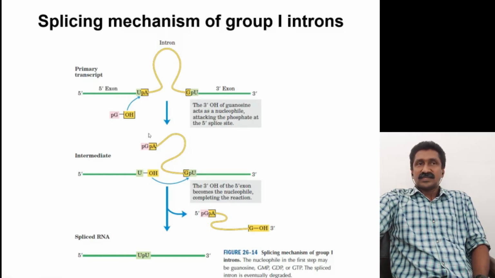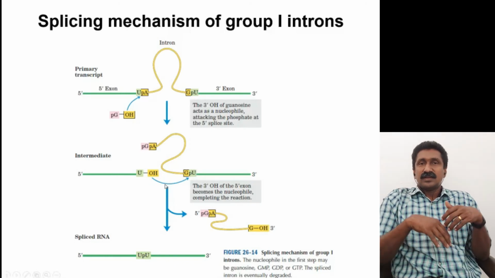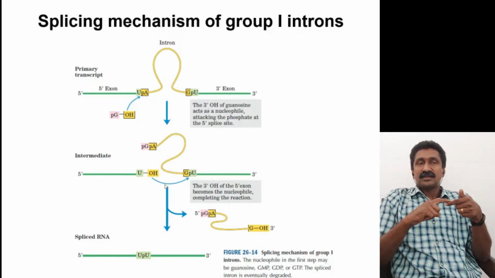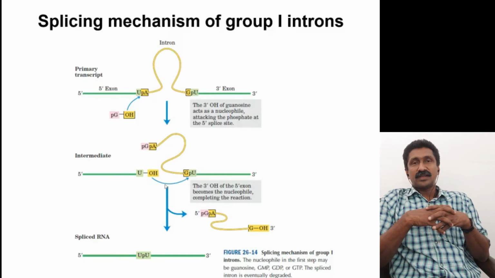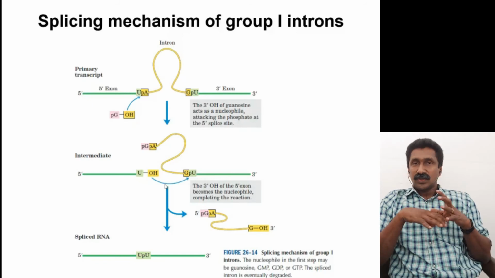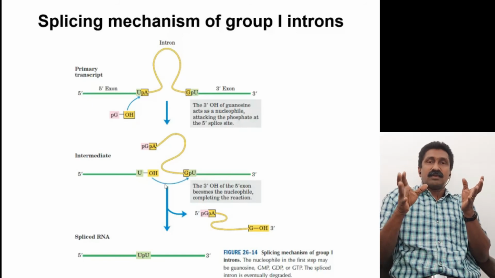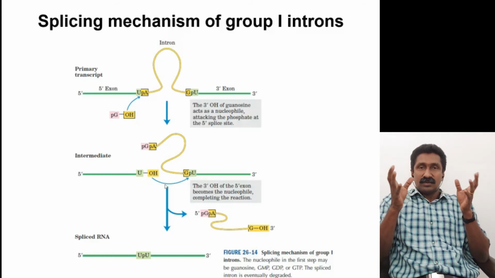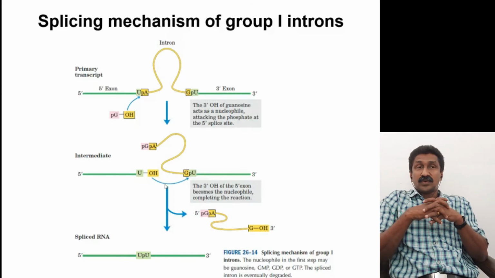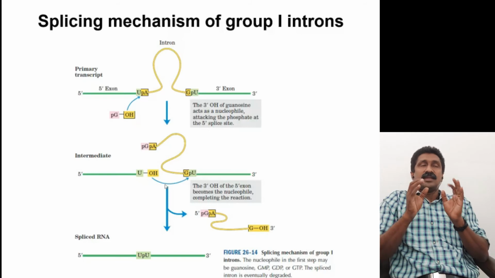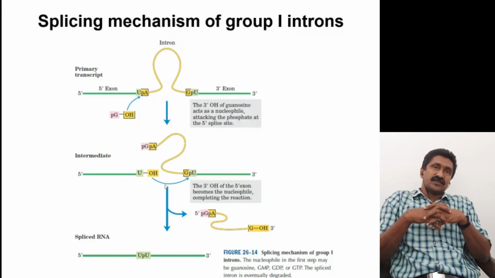So the net result is that the intron sequences were spliced out and the exons were joined together by self-splicing, because all that is required is a guanosine residue, with no other enzymes, RNAs or snRNPs. All these things were not required in the splicing of the group 1 introns. The only requirement is a nucleophilic attack by an incoming guanosine residue. Okay, is it clear?